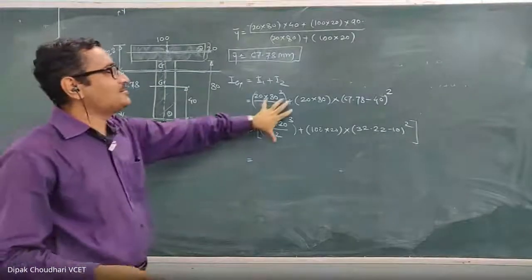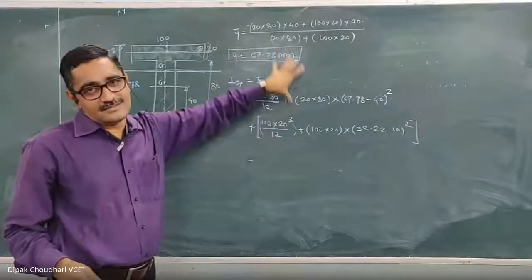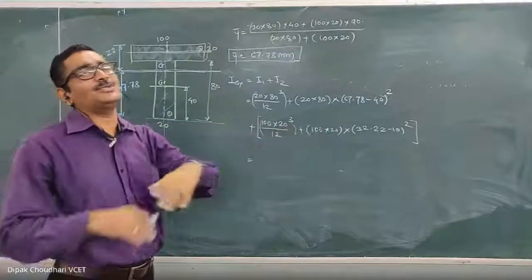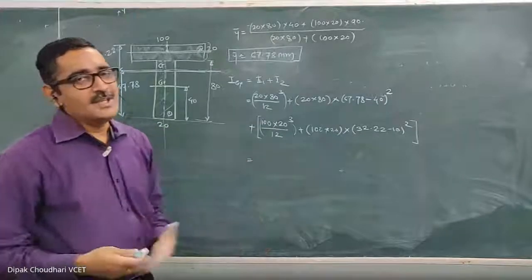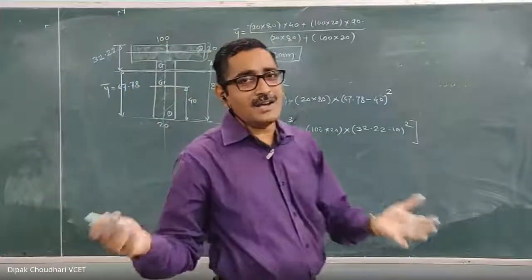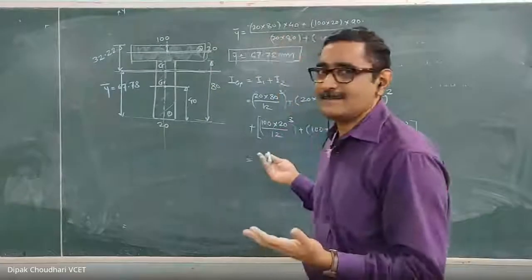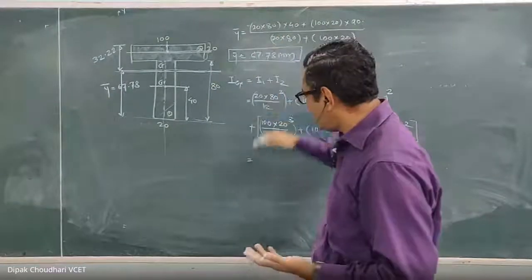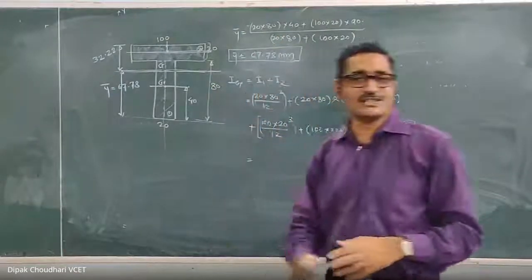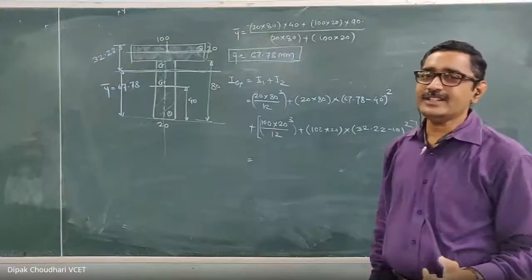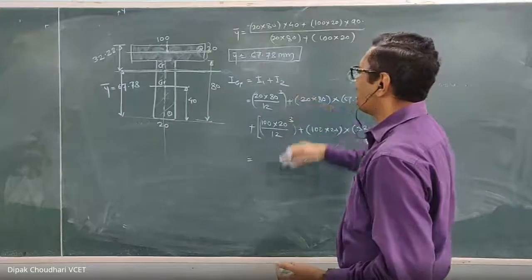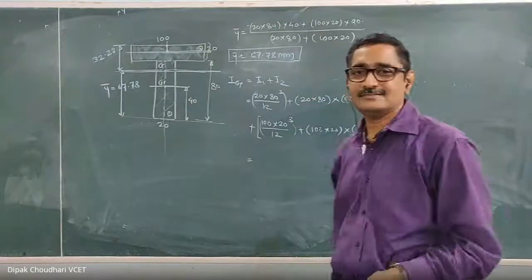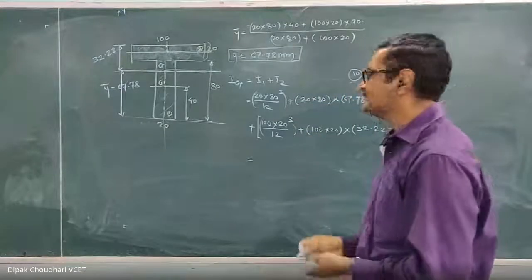Do practice like this. No need to write a formula, no need to draw a separate figure of each part, because it is not the final sum of moment of inertia. You have to use this centroid and moment of inertia in further calculation. If there is a sum of 10 marks, then this will be the part only for 2 marks, or at the most 3.